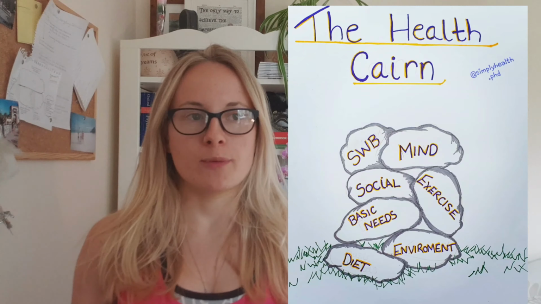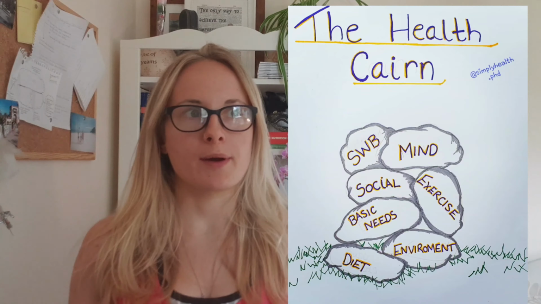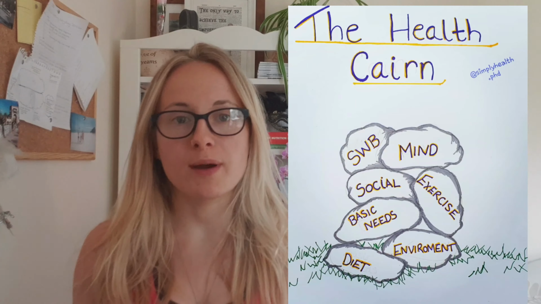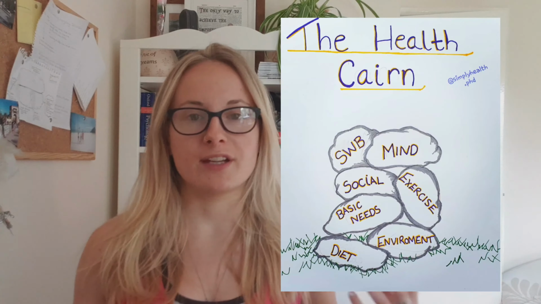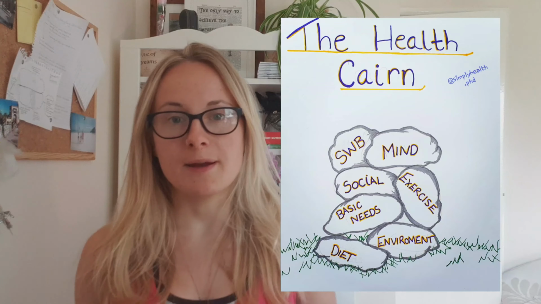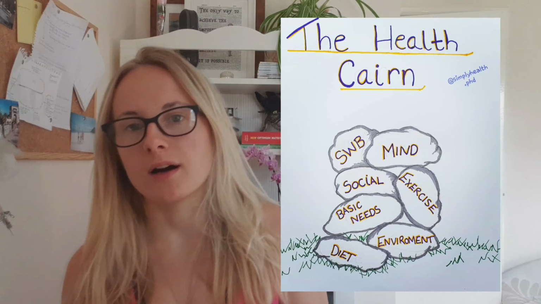Now here, when I talk about social, I'm talking about your relationships, the support that you have, your social networks, the people that you surround yourself with, their norms, their values, things that are going to have a direct influence on you and your well-being, your support networks. Alongside this, we have our environmental factors, so things like our living conditions, our circumstances, perhaps our jobs, our class, and again this clashes with social as well.